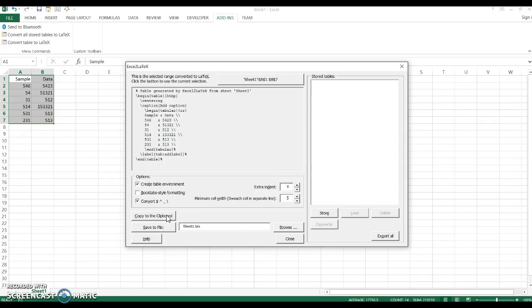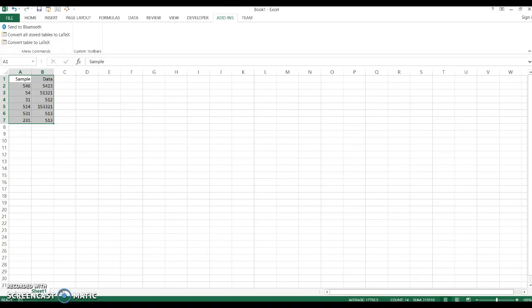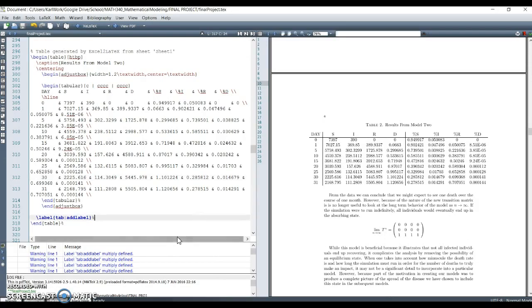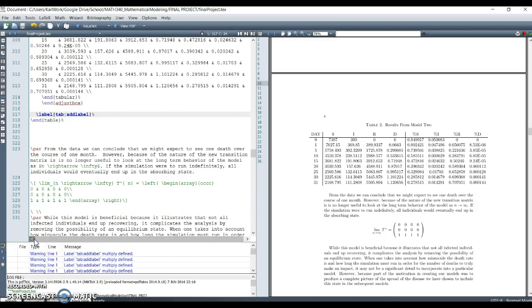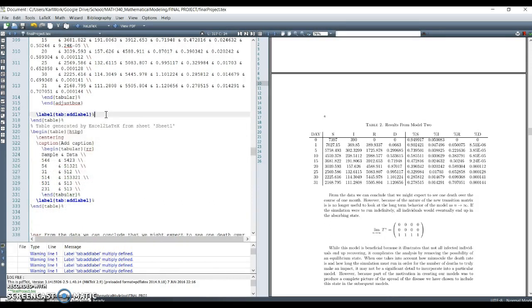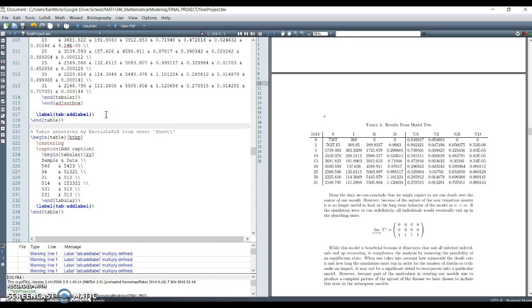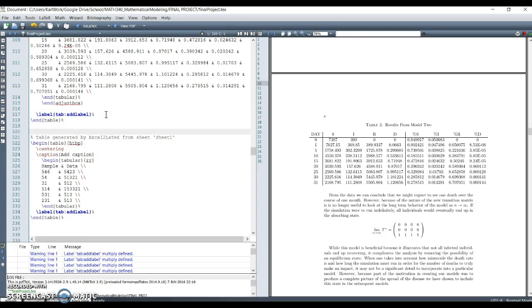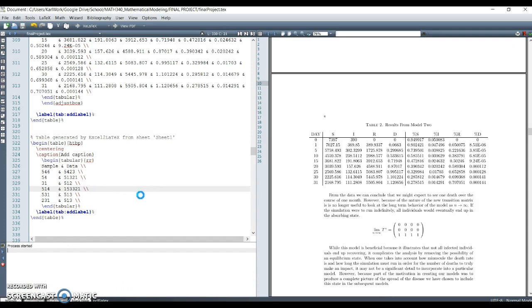Then you've got a couple options here. You can copy it to the clipboard, so you can just copy and paste in. You could save this code to a file if you wanted to access it later. I'm just going to copy it to the clipboard, and I'm going to go back to my TeX document that I was working on before and say I wanted to incorporate that right into my paper. And now when I compile this,